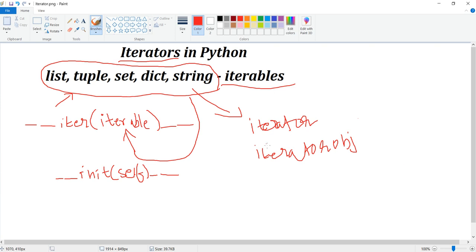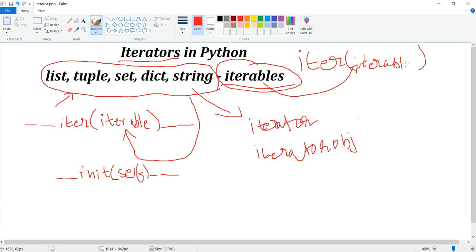This iterator is invoked with the help of the method iter, and it takes these iterables. The iterable will be considered as one object that goes into this iter function.